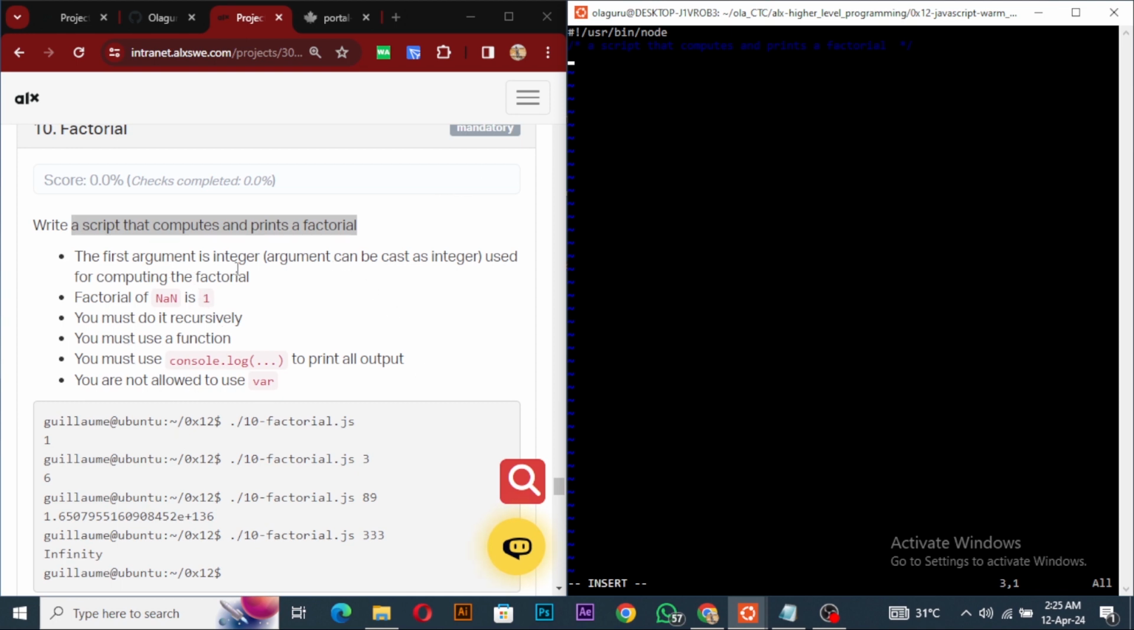The first argument is an integer argument that can be cast, used for computing the factorial. Factorial of not a number is 1. You have to do it recursively. You must use a function definitely. You must use console.log, and you are not allowed to use var. Good. So we'll just say let